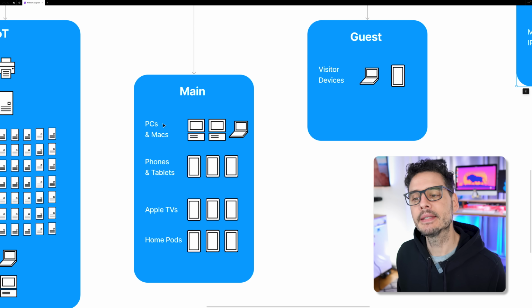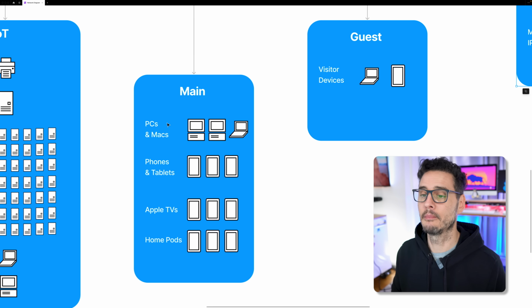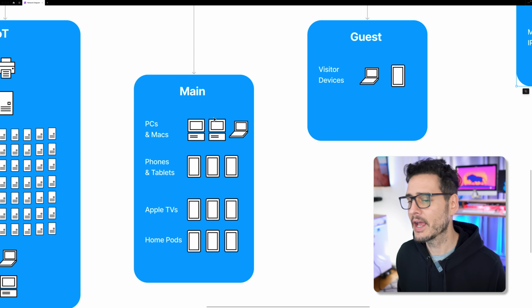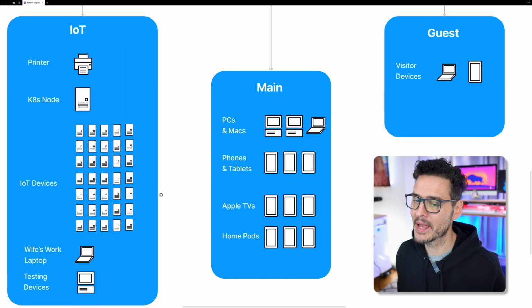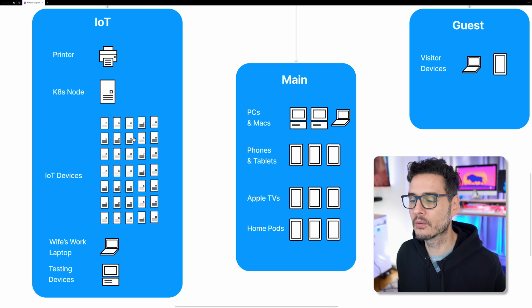Next is my main network, and this is really where my trusted PCs and client devices kind of hang out. So I have PCs, I have Macs. I've also decided to put phones and tablets, Apple TVs, and HomePods here. Now, that was a choice I had to make and a choice that you might have to make sometime too. Remember when I mentioned back here I didn't want to create a whole bunch of firewall rules so that devices can communicate with each other?